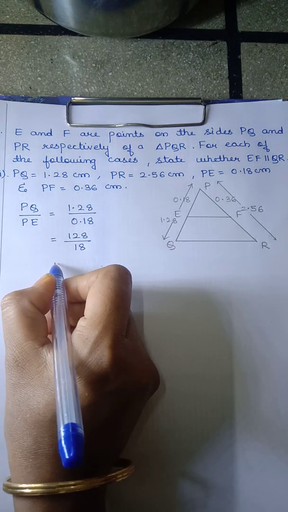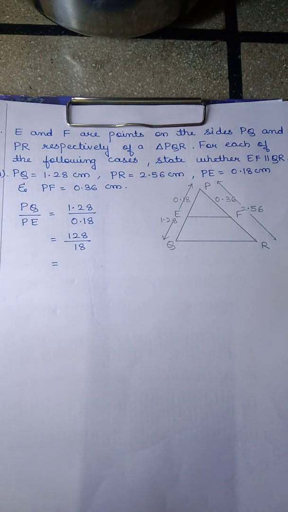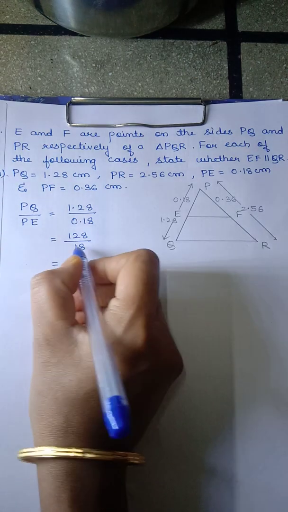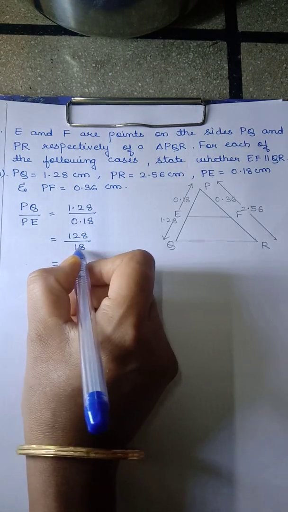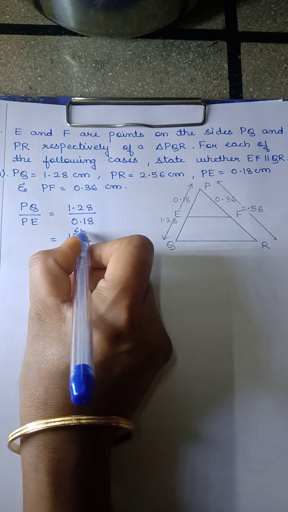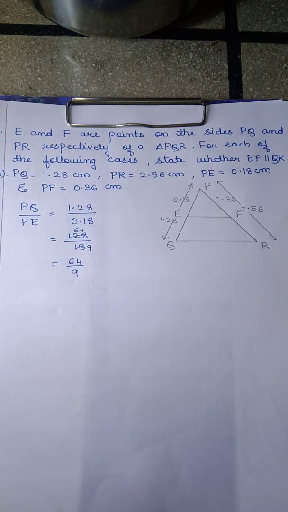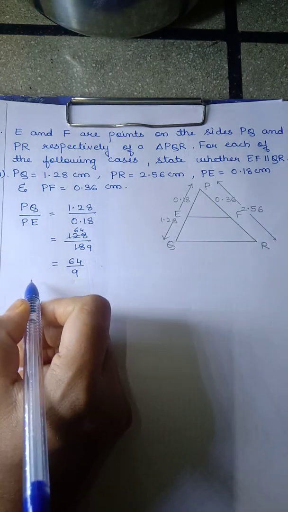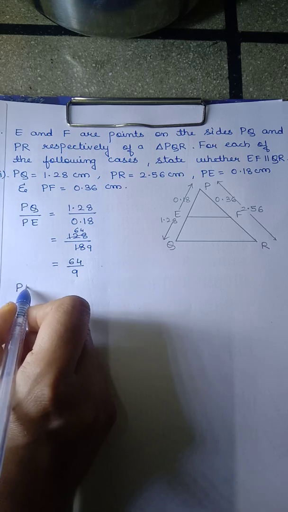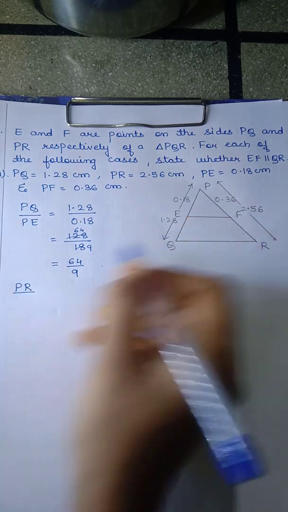If you simplify this, you will get 2 9s are 18, 2 6s are 12, 2 4s are 8. So you will get 64 upon 9. Now find the ratio of the other two sides. That is PR upon PF